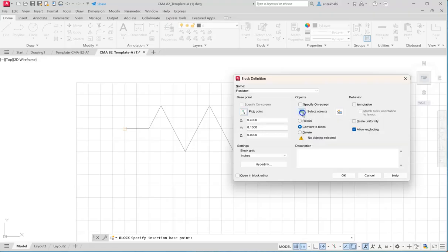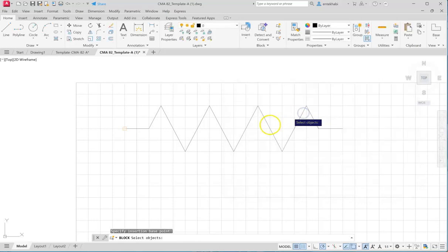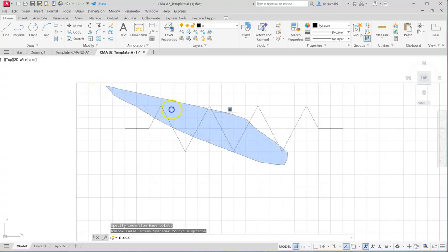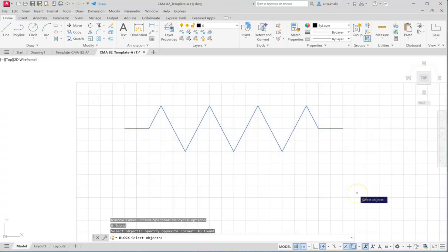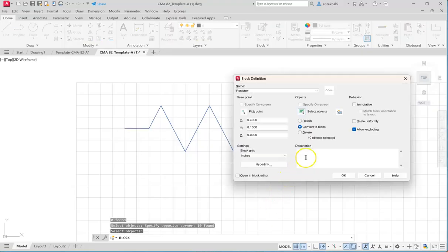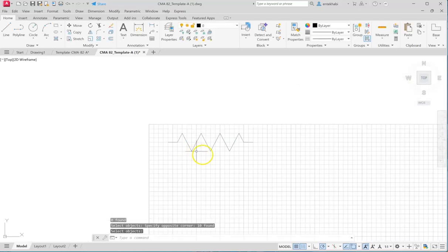Little green button here. You press and hold, and then select everything using the window or crossing selection option. Let's go a bit faster here and select everything within the window. After that, press the Enter key. When you select, it's going to show you something like 10 found. That means you've selected all the objects. Their color turns blue, so you know you have selected. And now say OK. What happened now? You created that as a symbol.